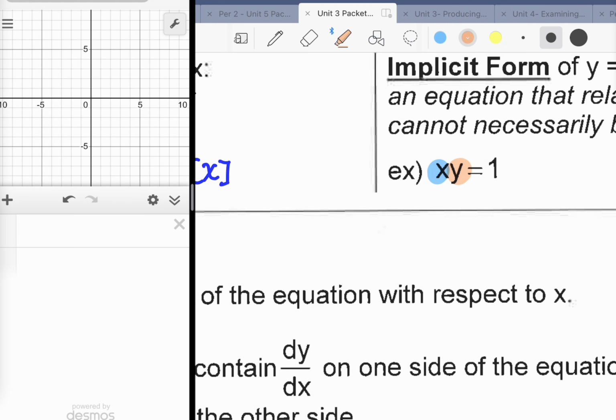Where x is equal to just the line y equals x. Maybe x is equal to the curve y equals the cosine of x. We don't know. Cosine of t, cosine of pick a variable, it doesn't matter. So we treat it as if it's a hidden function. So it's a hidden chain rule situation. So what we would do